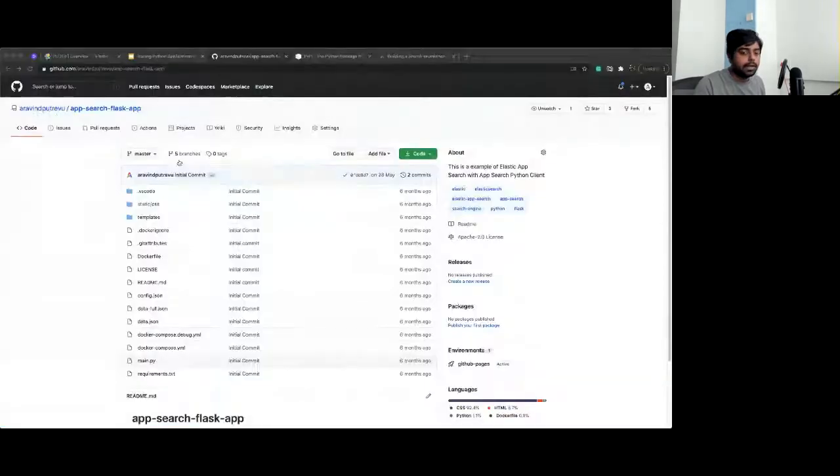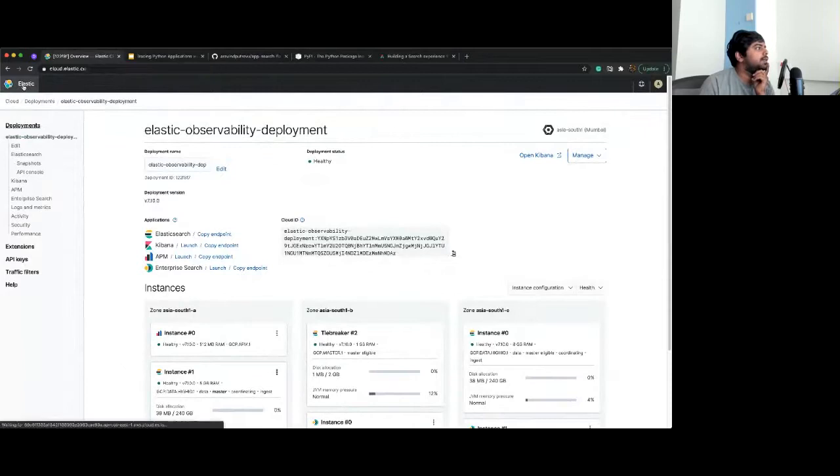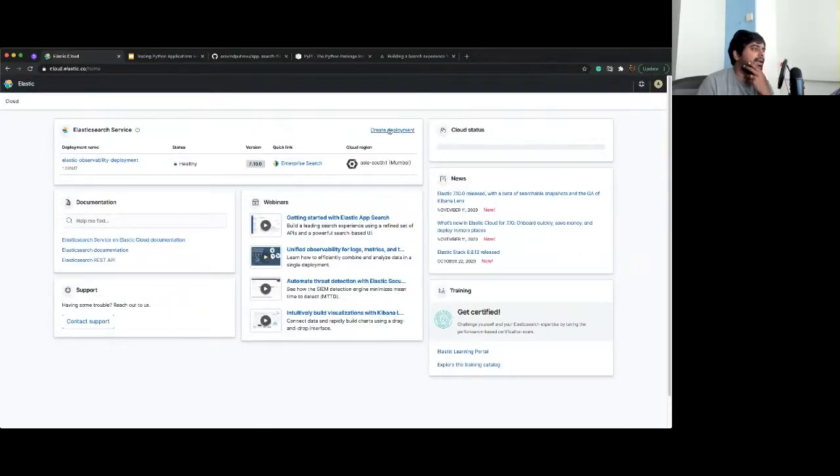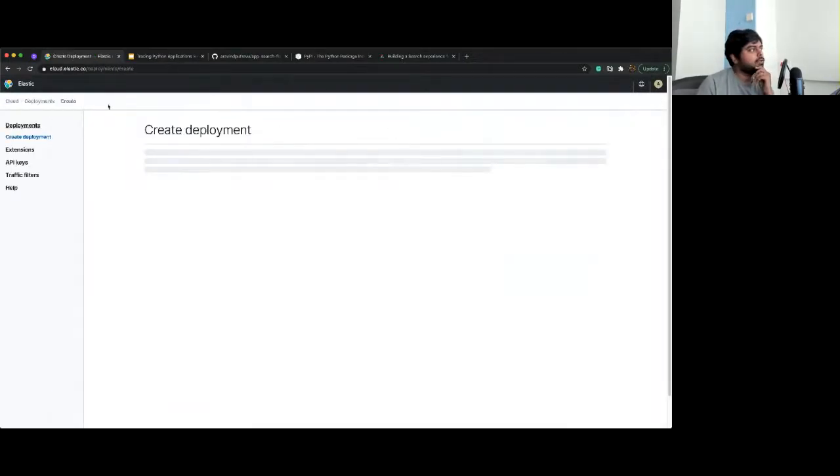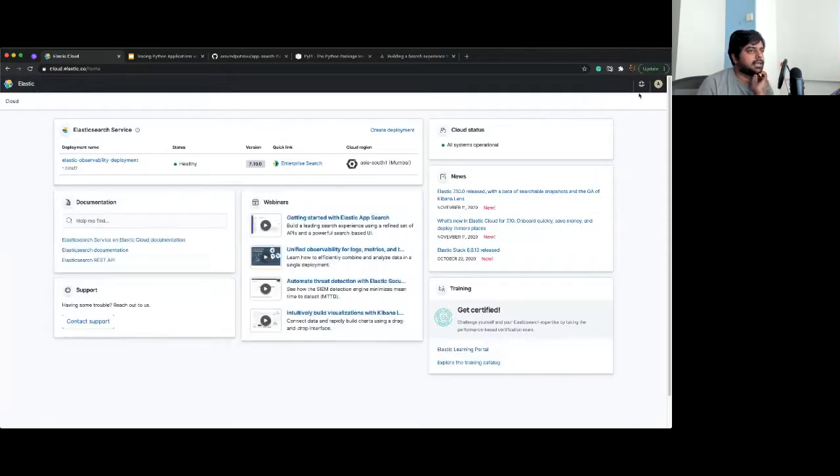One thing that I missed talking to you about is how do you build this tracing pipeline. What I do is I have Elasticsearch as a service. You will get a link to the free trial, so that you could try it out on your own. So I have this Elastic Cloud, and I just logged into that one. You could also use your Microsoft or Google IDs to log in to this cloud.